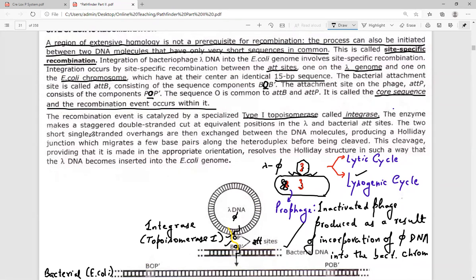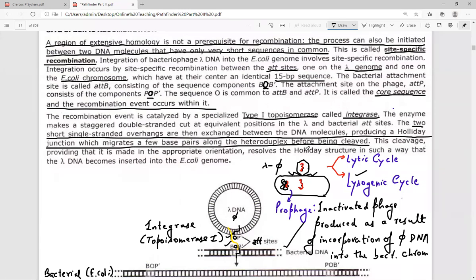The two short single stranded overhangs are then exchanged between the DNA molecules. It will produce a junction commonly referred to as a Holliday junction, which migrates a few base pairs along the heteroduplex before it is cleaved. The Holliday junction is going to be produced and is going to migrate. The two single stranded DNA overhangs are exchanged between the DNA molecules. Once the Holliday junction is produced, a heteroduplex is formed. The heteroduplex is being cleaved,